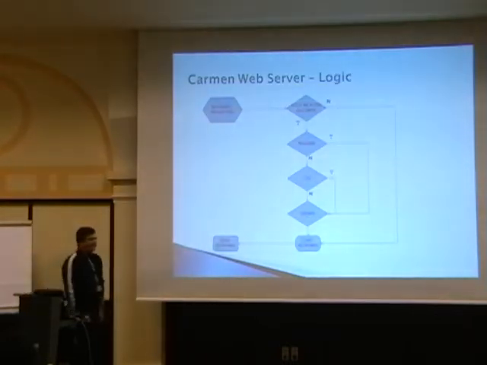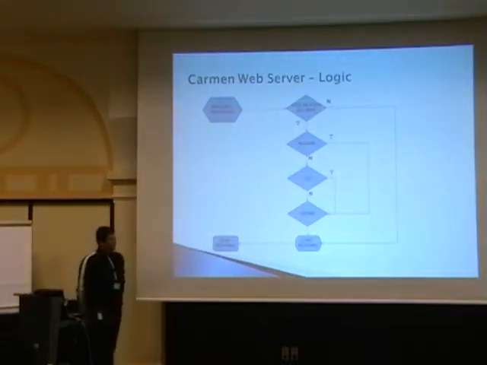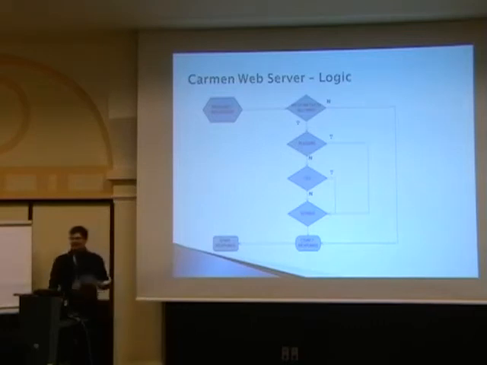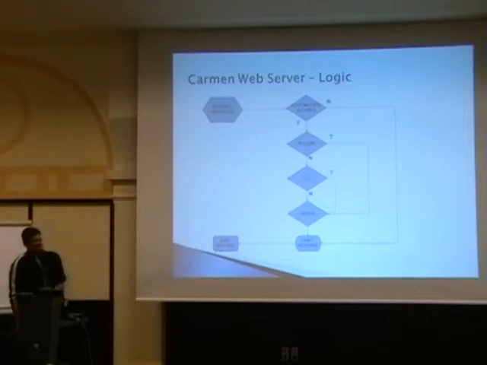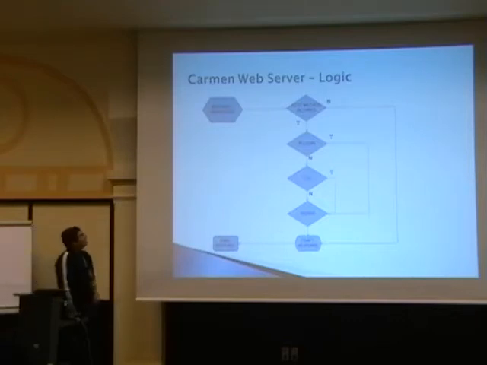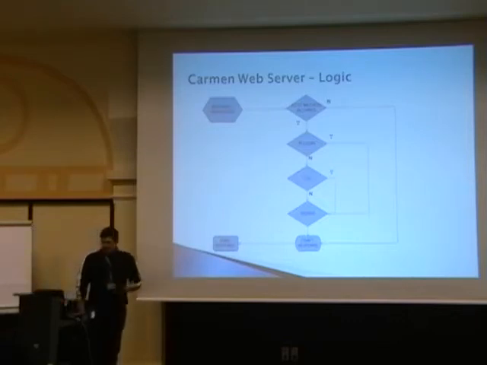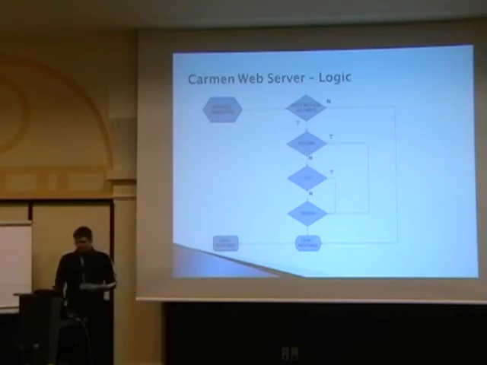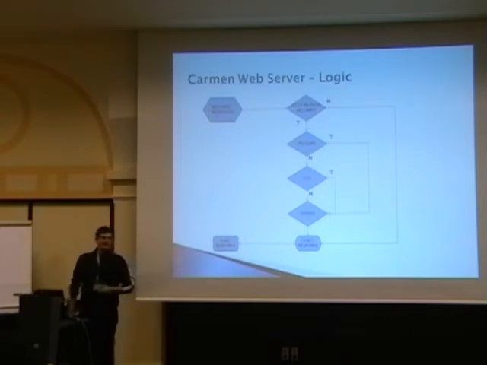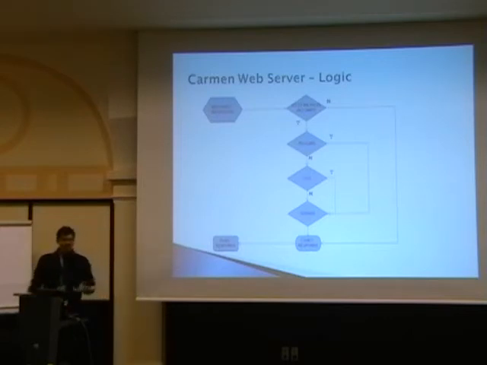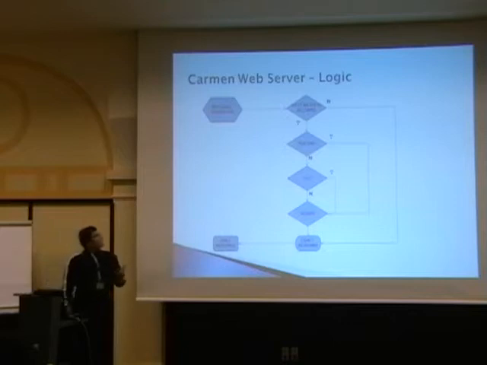This is the logic. The server behaves more or less like a web server. Of course, it doesn't have all the logic and features of a real web server because we don't need that, and if you need something, you just write it. So we have somebody, a tool, people, whatever, request a resource. Now we check that the method is allowed. If not, we send an error response back to the request. And if the method was allowed,